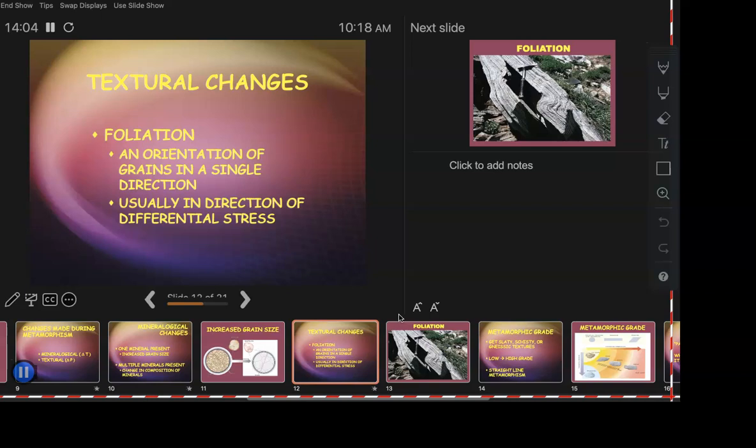Not always, but usually. And the cool thing about it, again, the direction of foliation, if this stuff is still in place, not sitting on a table in a lab somewhere, but if you're literally still out in the wild, you could reconstruct more or less what happened. You can see the direction of foliation and say, oh, the stressor came from the northeast, and so on and so forth. And again, there's very few people on the planet that care what happened 10 million years ago, but there are a handful, and when they can find out neat little tidbits like that, they like to. So it does matter to somebody somewhere.